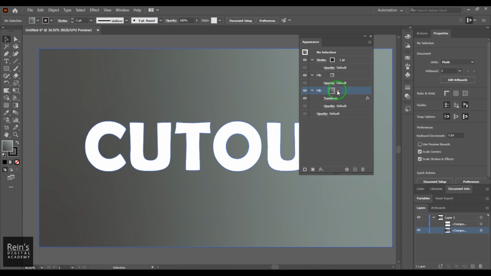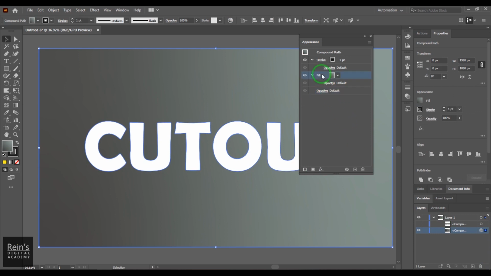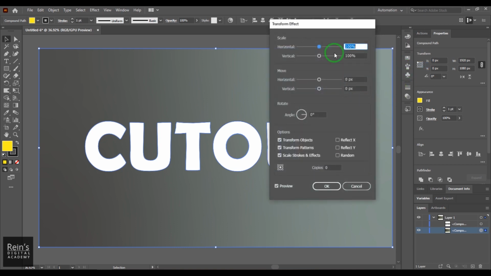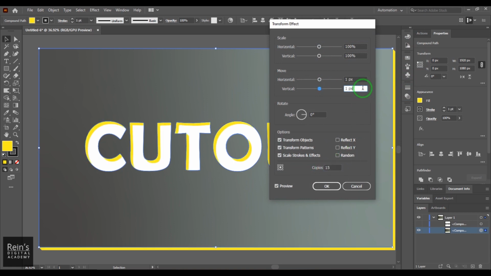And then I'm going to select some color there. I need to select that. Sorry, I had not selected it. Select that. Make a copy. Change the color, pretty clear yellow. And then apply the transform, 1 pixel, 1 pixel, 15 copies. Okay, you could see that nice